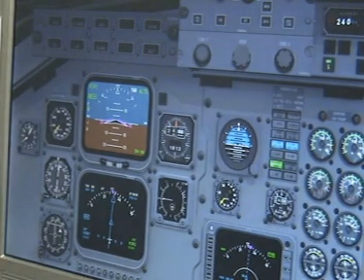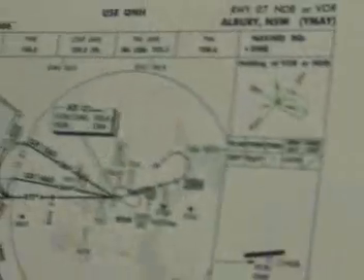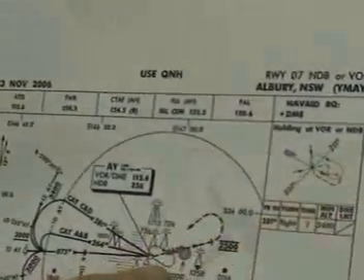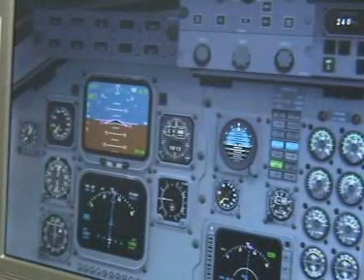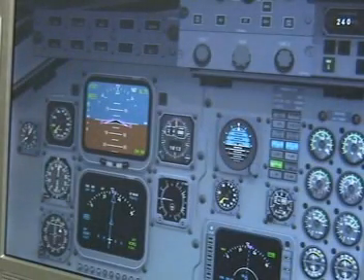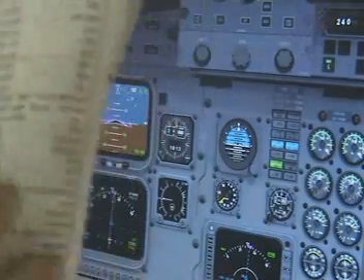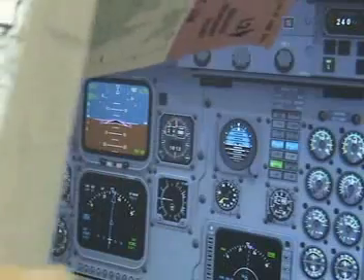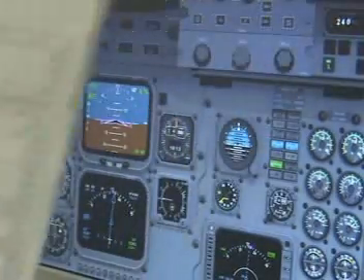So the procedure for that will be, we'll be tracking along towards Albury VOR, and we'll obviously be coming off the airway, which is the airway that we're actually tracking now between Albury and Canberra. Out of Canberra, that heading is 034, and you continue along there, 034,